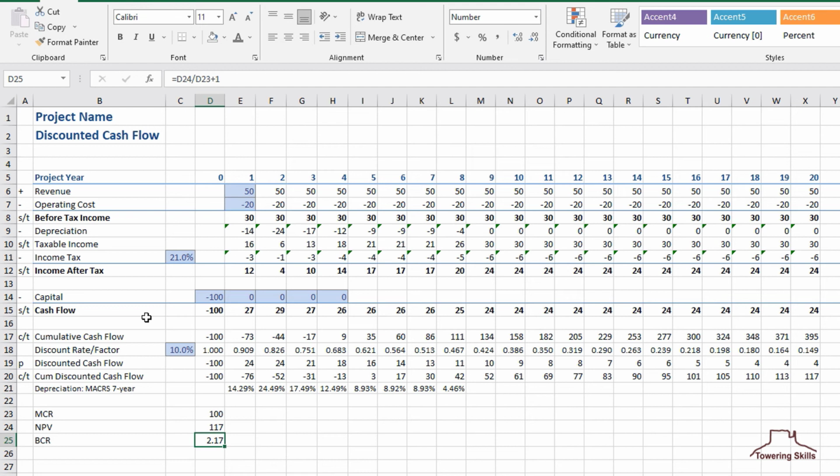Next, we'll add the internal rate of return on line 26. In cell B26, we'll add the text IRR. And in cell D26, we'll add the formula IRR over the range of D15 through X15. Note that we select the raw undiscounted cash flow values, including the value in time 0. We'll format the cell as a percentage style.